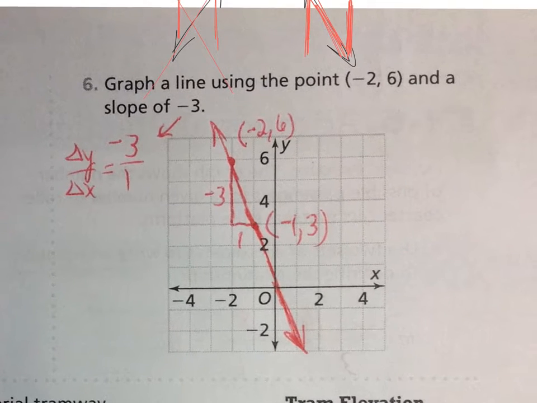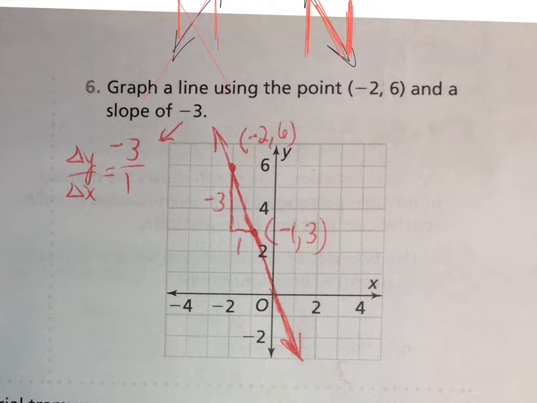Number 6, they want us to use the point (-2, -6) and have a slope of -3. There's no equation here, so we have to just use the slope basically in order to come up with this. So the point (-2, -6) would be up here, and then using that slope of -3, that's -3 over 1. So basically from that point, we can go down 3, that's a -3, and over 1 gets us to